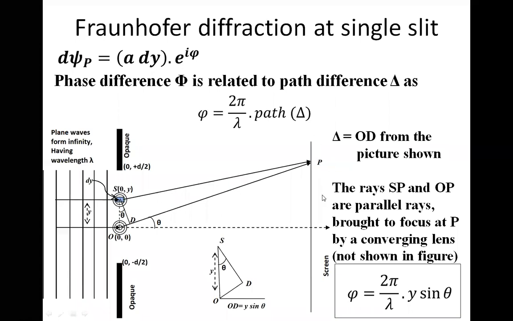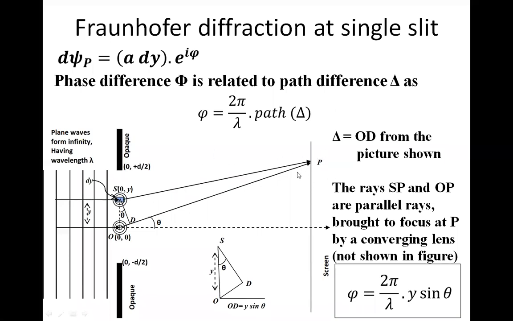Please imagine the situation with a common example. Let us suppose that between plus d by 2 to minus d by 2, the whole class of CSE and IT are standing. Let us say each and every point is representing one girl. So the girls are standing from first roll number to last roll number, combining CSE and IT. So each and every girl can be imagined as a point source, right? So this is the screen and this is the point of observation P. Let us say a person is standing at P and each and every girl is asked to give him a slap, right? So everybody is going to hit the point P with different intensities.